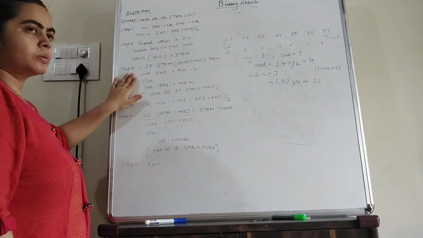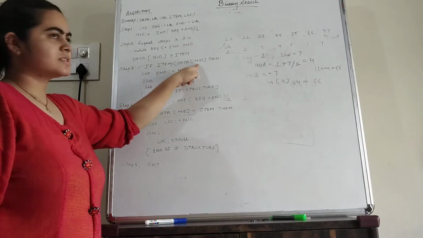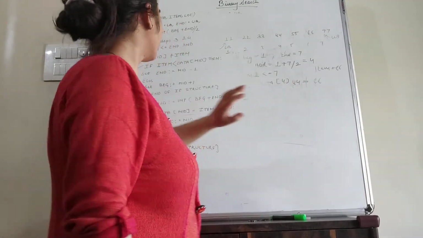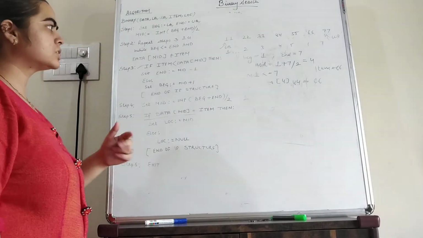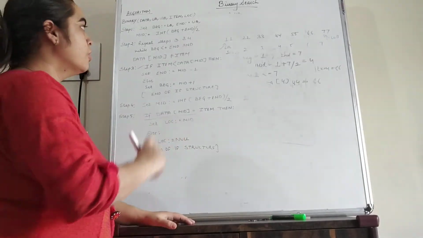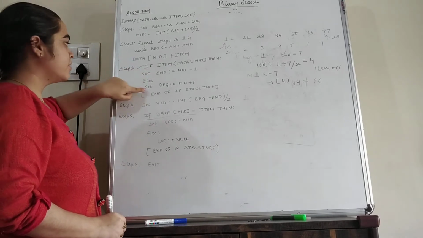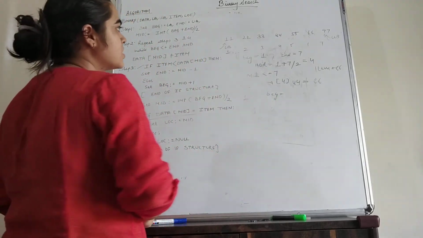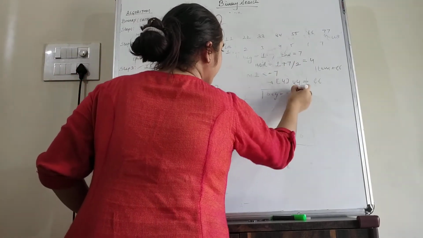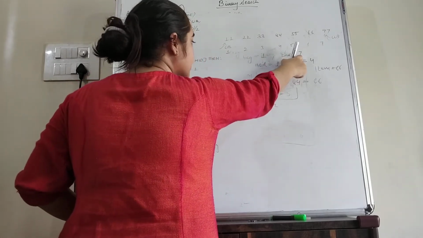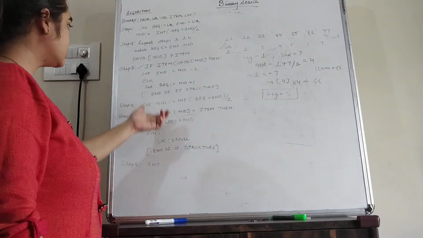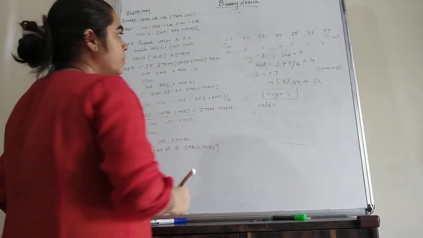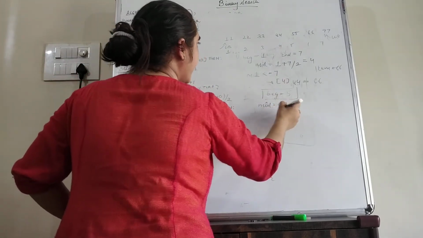Then we can come to step number 3. Now here we can see the item is less than data of mid. So here the item which we want to search is 66 and the data of mid is 44. That means this condition is not satisfied because in this case the item is 66, that is greater than 44. So we can skip this step and we can execute the else part. So we can change the value of beginning is equal to mid plus 1. So mid is 4, so now the beginning is 5. Now the beginning is 5 and end remains 7. Okay students, so after this we can come to the step number 4. Here again we can search the value of mid. Now mid is equal to beginning is now 5 and end is now 7.